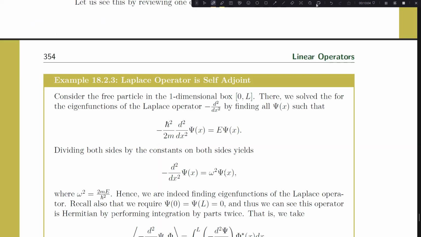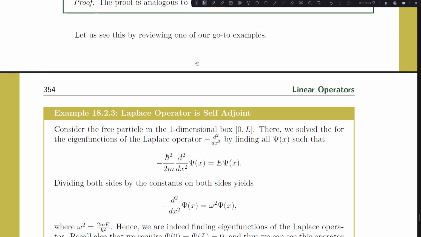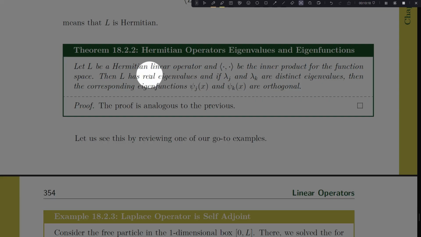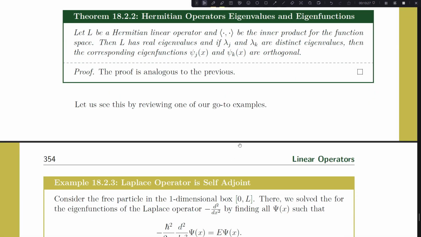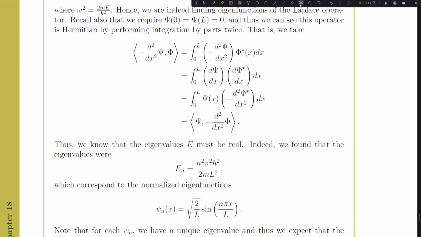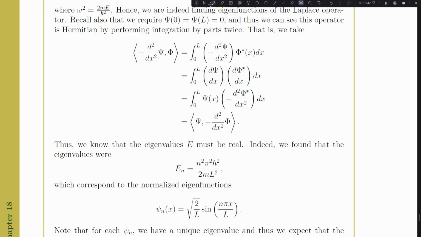So jumping back to the book, we have that the Laplacian is self-adjoint, and actually jumping back to the theorem, that tells us some very important things. It tells us that our eigenvalues are purely real, and it tells us that distinct eigenvectors or eigenfunctions are orthogonal. And so if we jump down a little bit to, last semester you calculated the eigenvalues and eigenvectors of this operator. You got that the eigenvalues were these energy levels and the eigenvectors were the sines, right? The different frequencies of sine. But what we gain for free from the theorem,